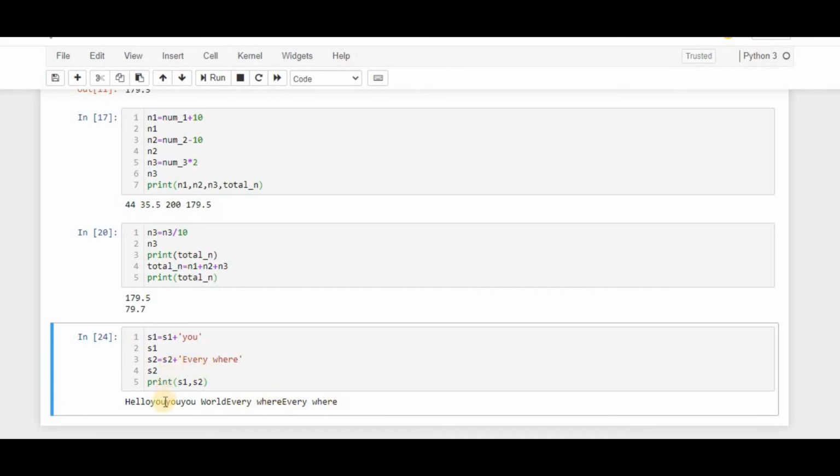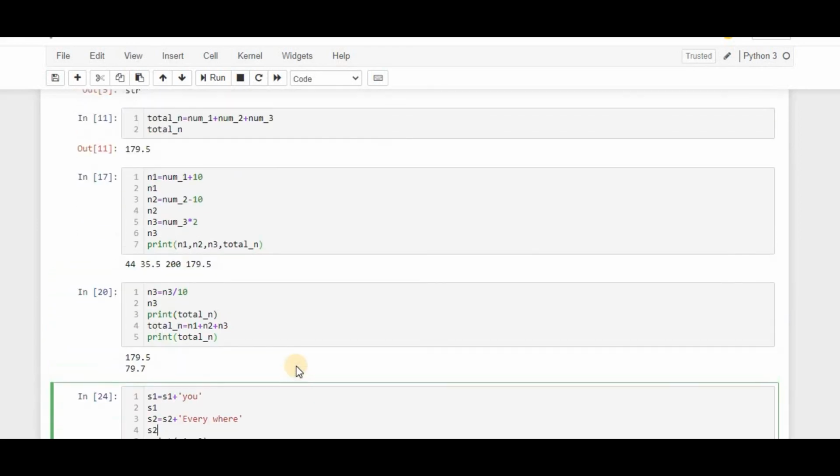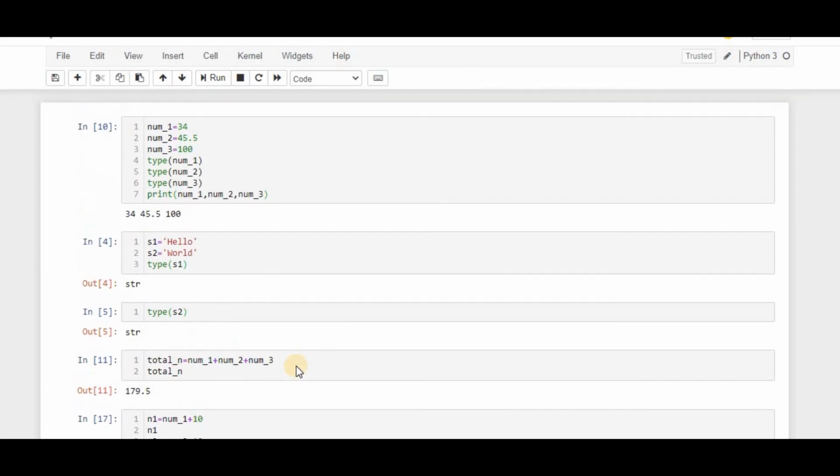So why is it printing hello you? Why is it printed 2 times, you? Because according to Python, S1 is hello you, and you asked it to print you, and the same thing appeared here also. Okay, I hope you all understand this and the concept of variable values, and you can update it by using this code, and it is going to be very easy. You can change it even for your own code also, and you can define your own variables also.